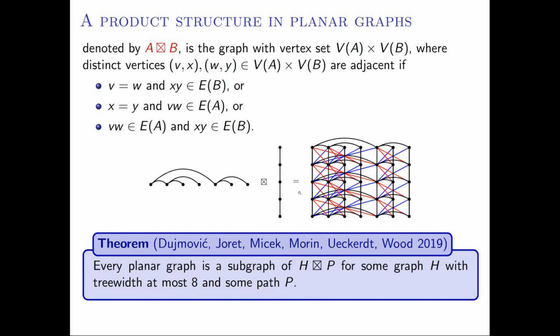Okay, so let's try to see how we could prove that. Take a graph with bounded tree width and a path, and the product has bounded non-repetitive chromatic number. And we know that graphs of bounded tree width have bounded non-repetitive chromatic number. So let's say take any graph of bounded non-repetitive chromatic number, take the product with a path, and this has bounded non-repetitive chromatic number. How do you prove that?